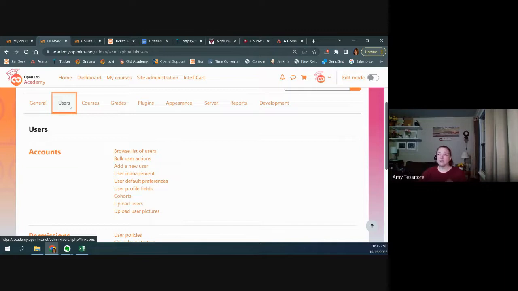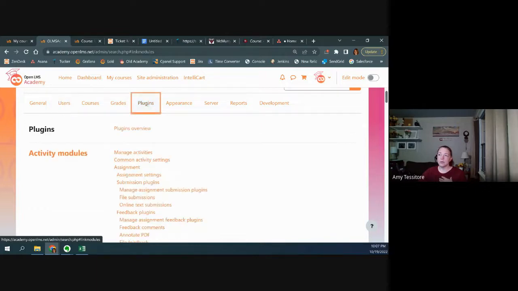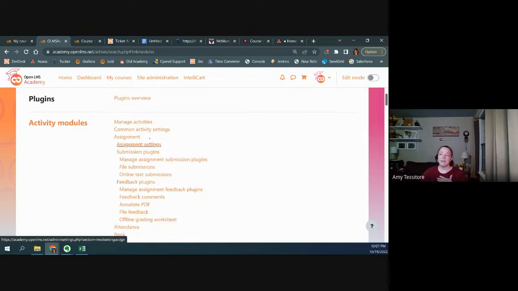What you see in here and the functions you have here don't change a whole lot. But there are a couple of features that you might want to know about. So in the site admin menu, under plugins. Now, if you are a former eThink client, I don't think anyone here is, but if you were a former eThink client, you will not see all the branches in the site admin menu because you have a role called client admin. But for those of you who were historic eCreators or OpenLMS clients, now that we're all one big happy family of 3 companies, you have always had full admin and you will be able to see all of these. But for example, if I come into assignment and I go to assignment settings,